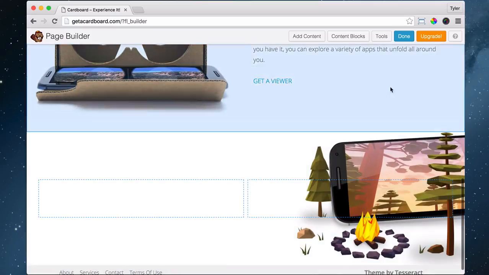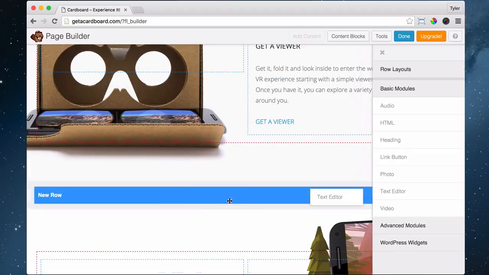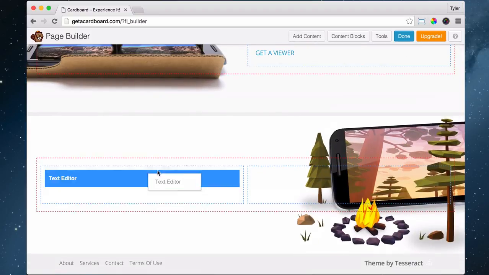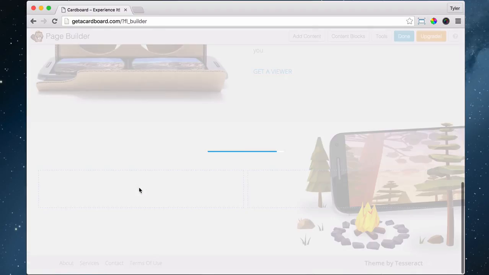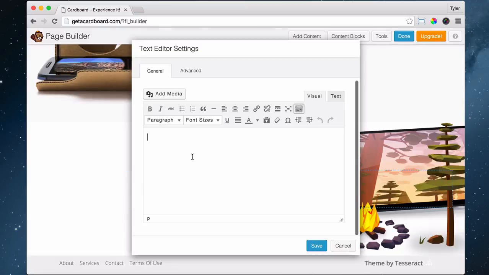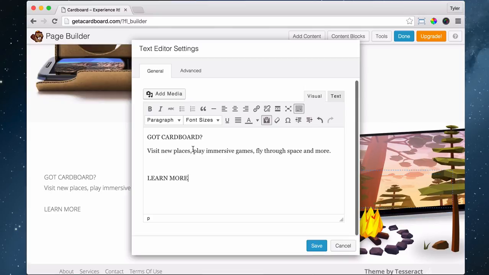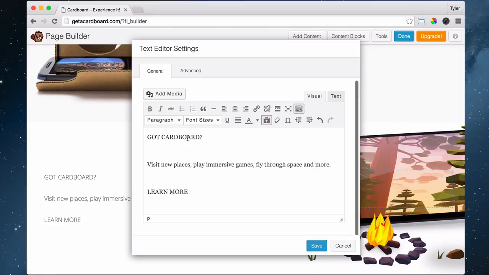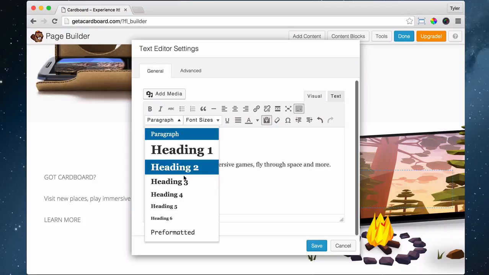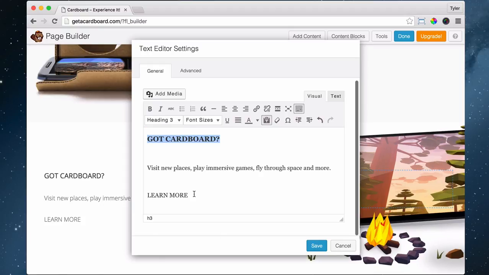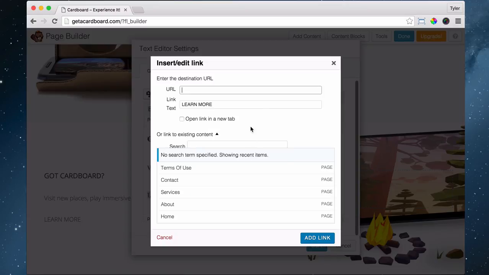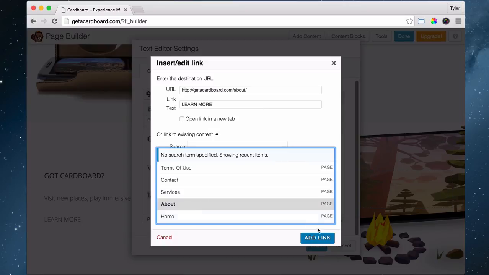All right, now we're going to add in a text editor. And make sure to drag it right into the left column. And we're going to paste in all of that, but make sure you paste it as plain text. All right, now we can add in a space to it and make this an H3. And for learn more, we can just link it and link it to the about. Add link